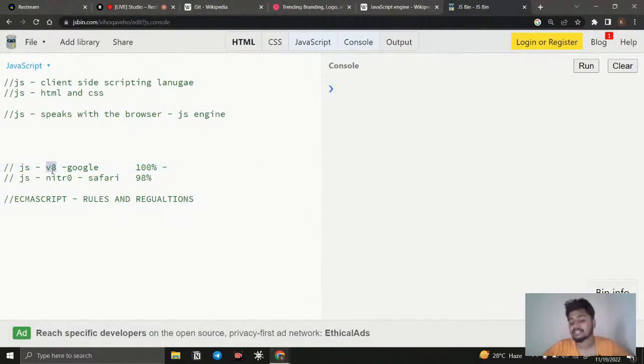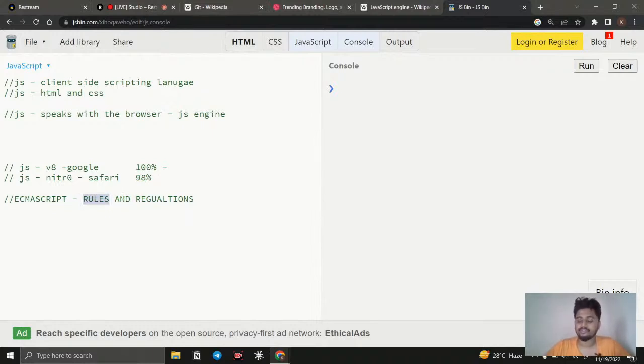Like who is creating the JavaScript engine. It has some rules and regulations, and based on those rules and regulations only, JavaScript should perform in the browser. So based on these rules and regulations only, all the browsers develop their engine. Right now, no matter what method or thing they are using, that is not a problem. We can expect more or less the same result from JavaScript in all the browsers, right? So this script is like a governing body, right?